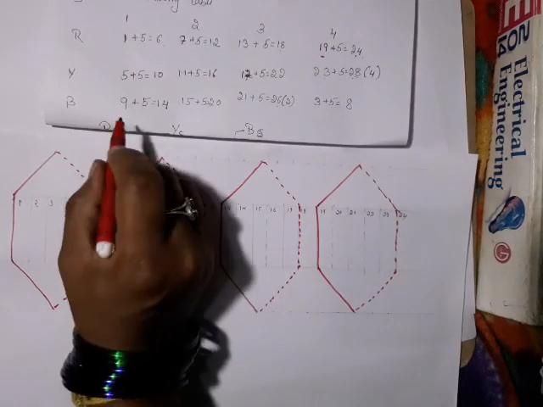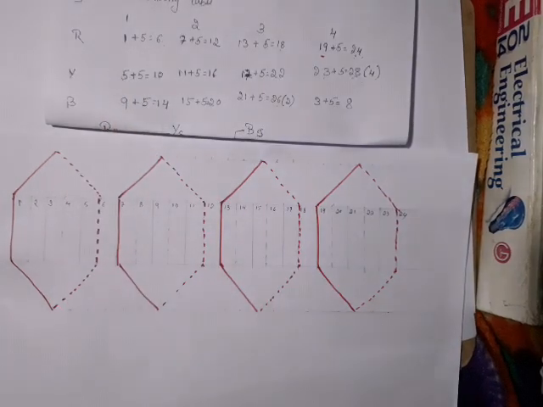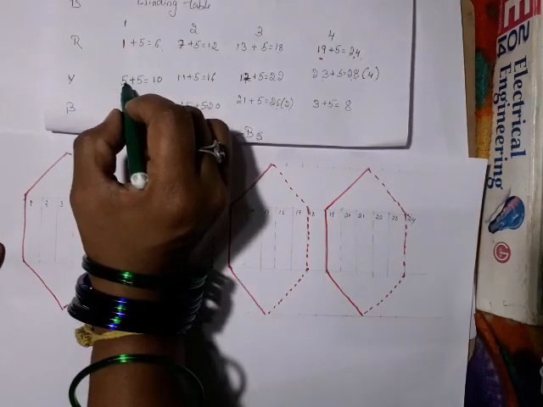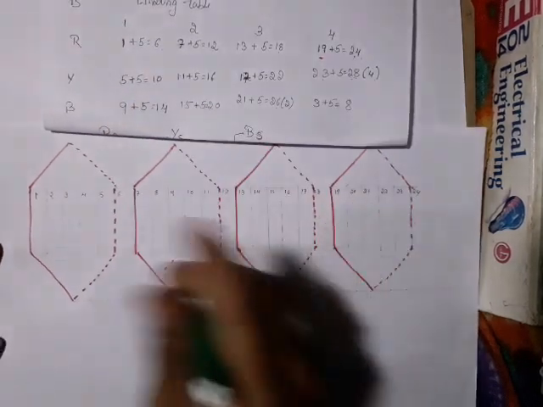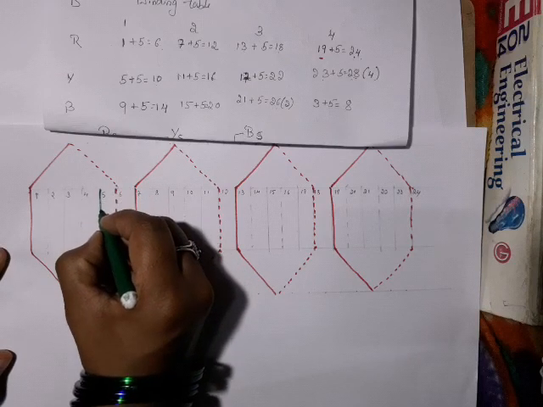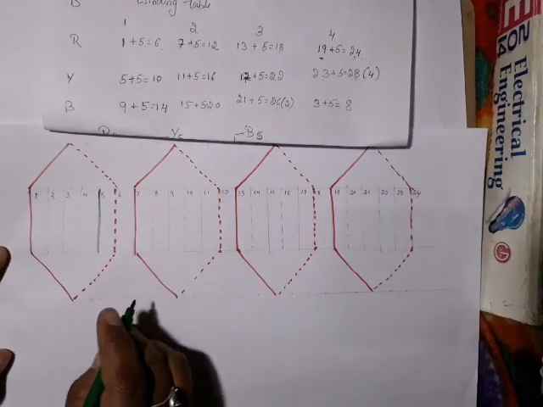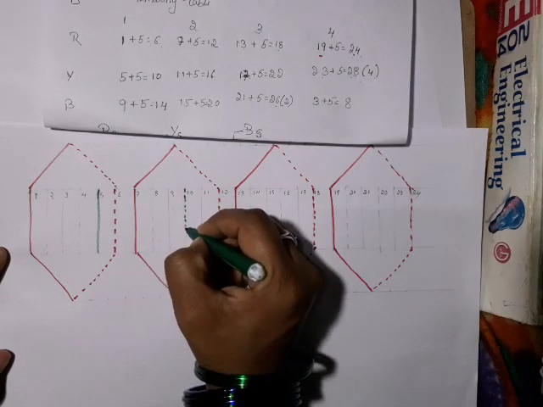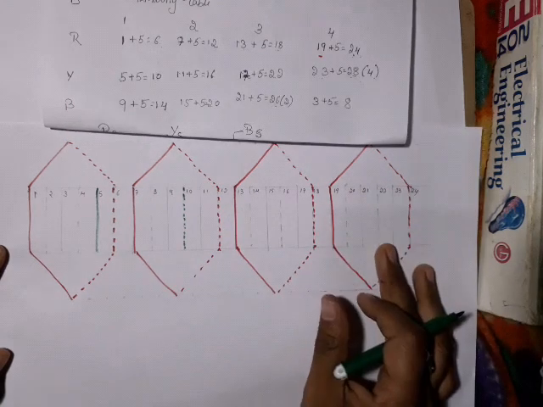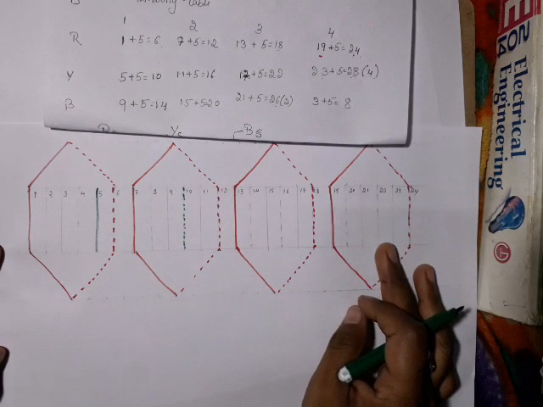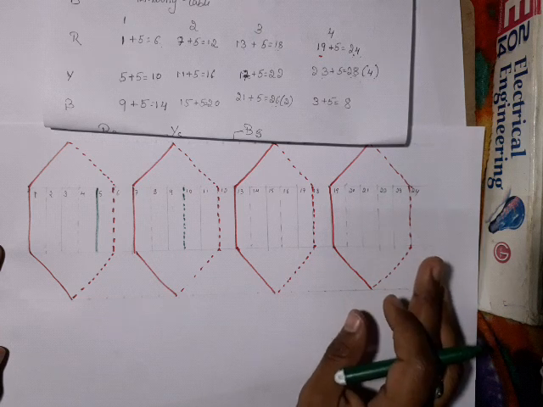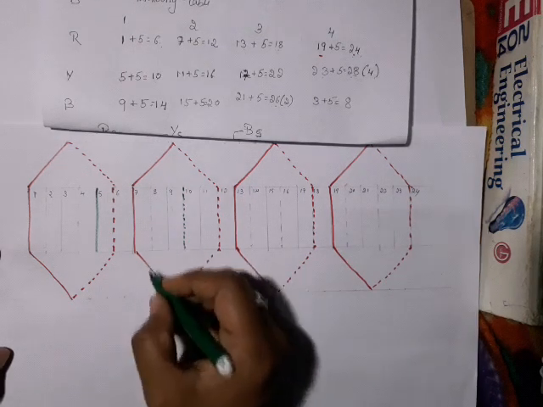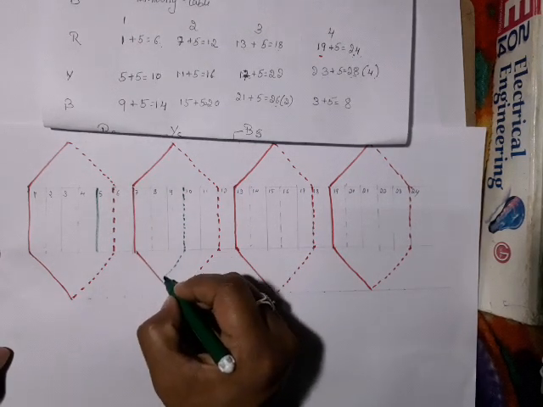Now we need to go for the next phase, that is Y phase. For Y phase I will use green color. So Y phase is starting with the winding 5. See here we have 5, and 5 is a dark line, connected to what? 10. 10 is a dotted line. So as we know, all odd numbers are dark lines and even numbers are dotted lines. Okay. So exactly at the middle. Yeah, here it is.